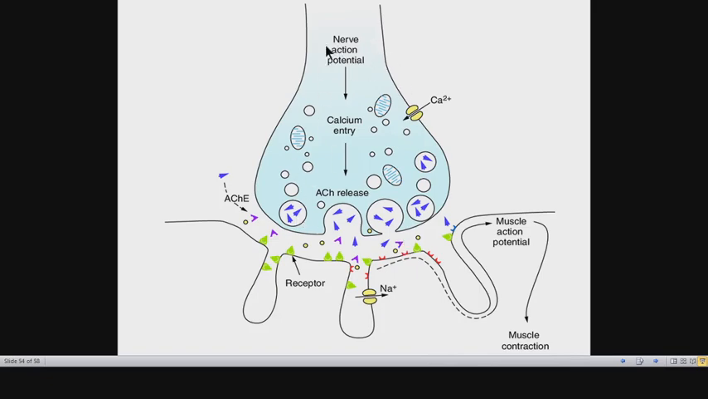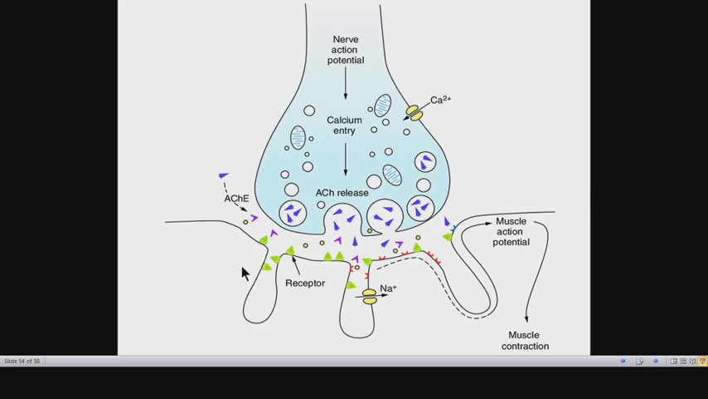This is the way by which the nerve impulse, the motor nerve impulse, will leave the terminal part of the nerve and will reach the muscle fiber. And eventually this will lead to muscle action potential and muscle contraction. Interruption to any level of this pathway can lead to neuromuscular junction disease. For example, there is one